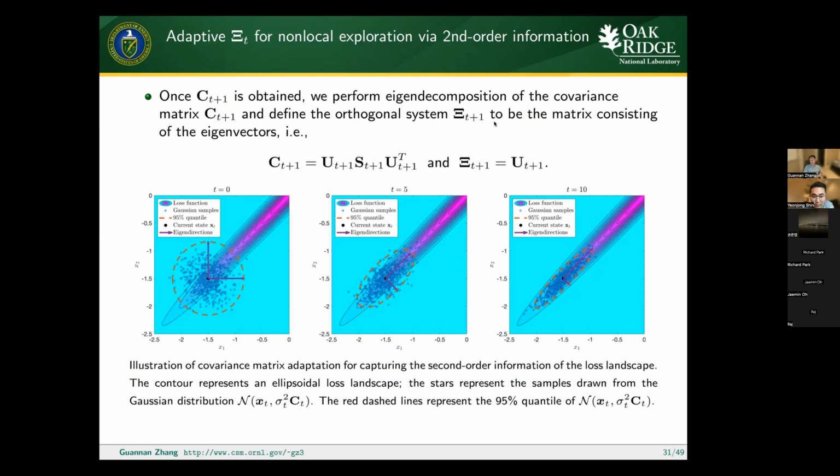But I agree, in general, this kind of covariance matrix adaptation does not work very well for very high dimension. That's also the reason why the CMA algorithm is not designed for very high dimensional optimization. It works very well for low D problems, but when it goes to high D,